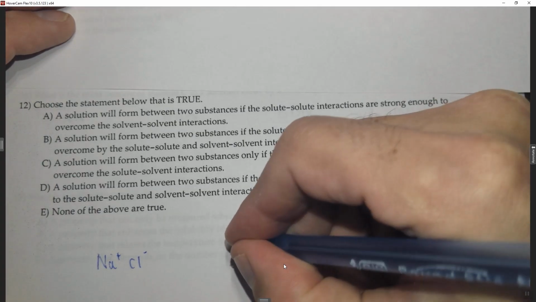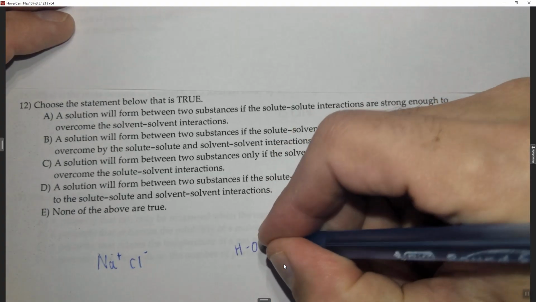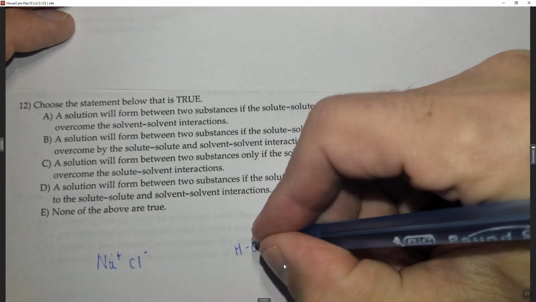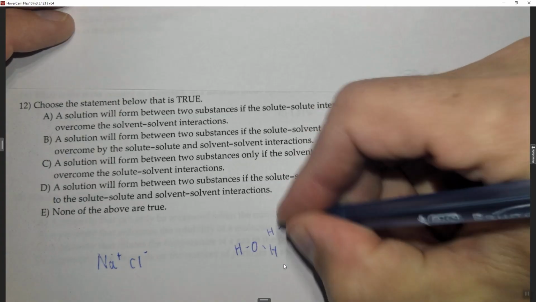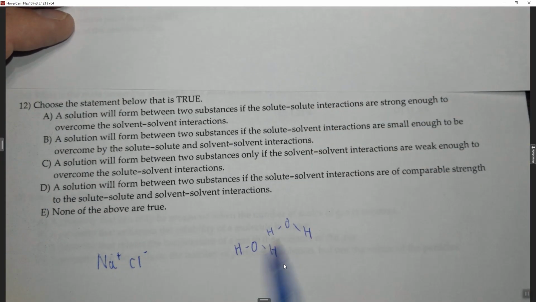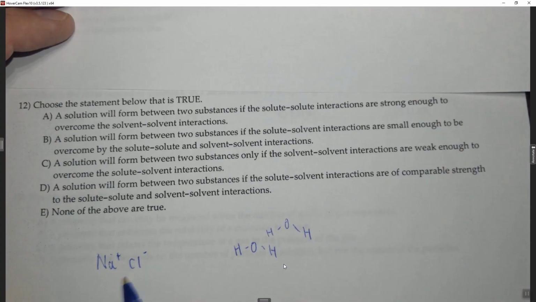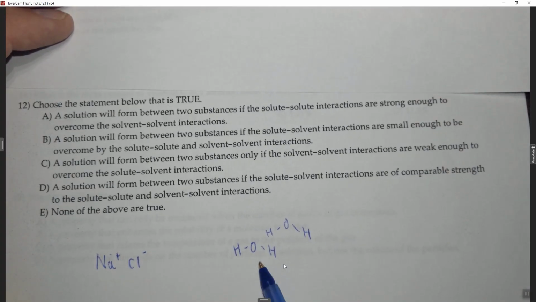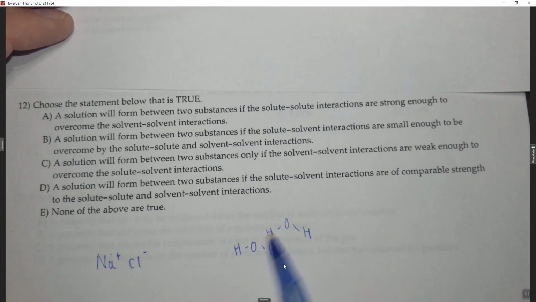If we then have two water molecules, these water molecules or solvent molecules are attracted to each other. So in the case of NaCl, we have this electrostatic interaction of the plus and the minus, or an ionic bond, whatever you want to call it. In the case of water, we have this hydrogen bonding interaction where the partially negative oxygen interacts with the partially positive hydrogen,